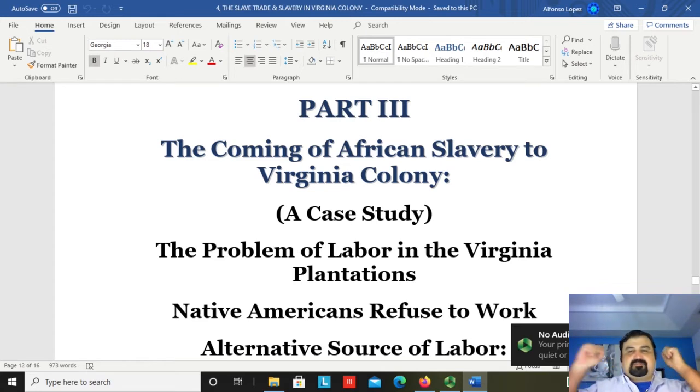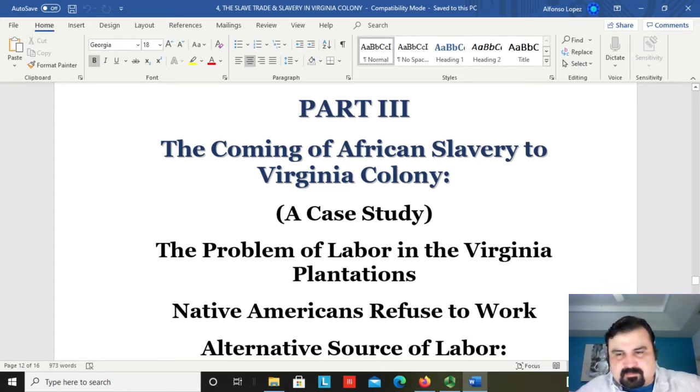All right, so now let's move to part 3. This is the last portion that we must cover. That is going to deal with the understanding of the reasons why this system of labor, African slavery, will be introduced in one of the British colonies of North America. In this case, we're talking about Virginia